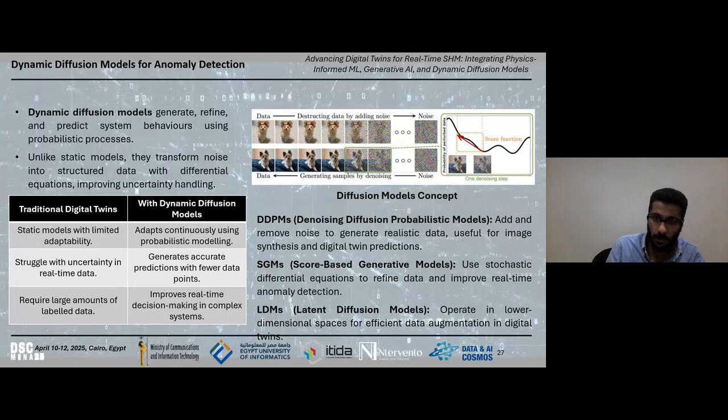The main three methods of diffusion model we are looking at: the denoising diffusion probabilistic model, which adds and removes noise to generate realistic data, useful for image synthesis and DT protection. Score-based generative models, which use stochastic differential equations, based on a purely mathematical formulation to refine the data and improve real-time detection. And the last one is the latent diffusion model, which operates in a lower dimensional space.